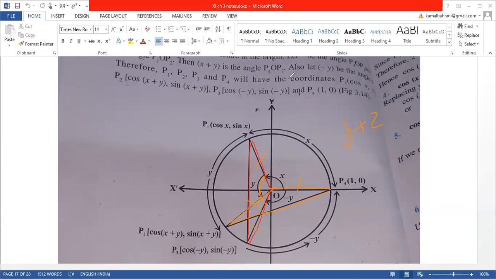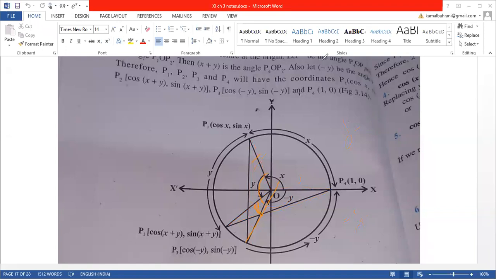Now take this side, this angle will be equal to minus y. Minus y is actually the angle y only, but we are calculating it on the negative side, so minus y minus z, which is minus times y plus z. We generally consider the angle as positive. So by which theorem are these two triangles congruent? Side, angle, side.